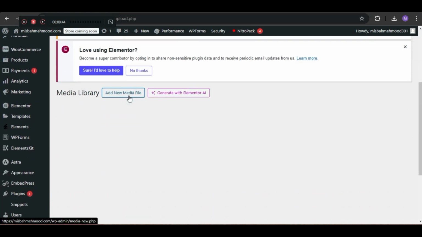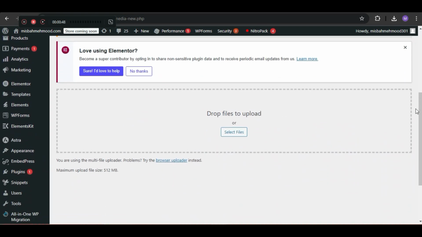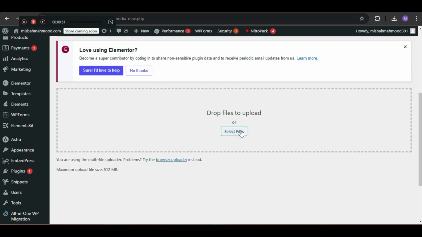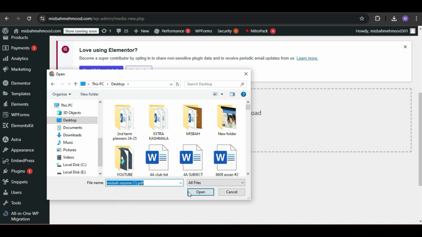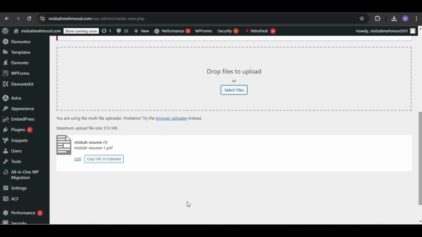Now you have to upload the file which you want to add on the download button. So just select your file and add it. Below that, this file has a URL. So copy this URL